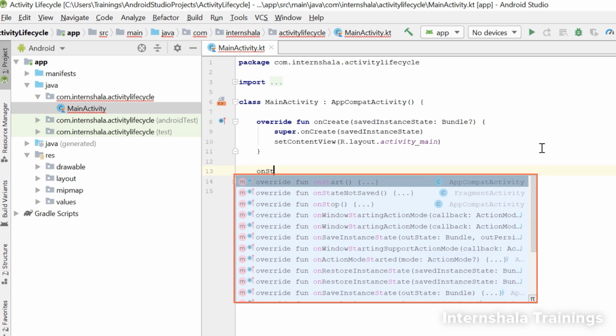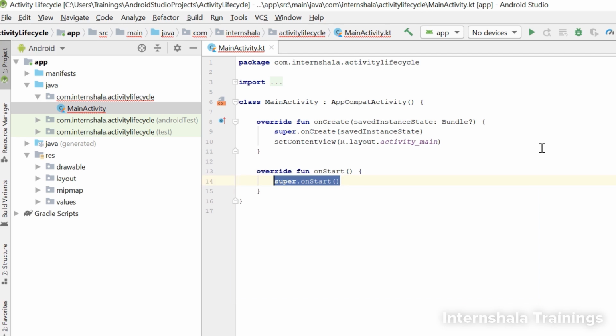If you do not get suggestions, simply press Ctrl+space to get them. We get a number of options that can be used here. In this first option, it shows us here that this method is part of the AppCompatActivity. And we know that we have to use methods from this library class. So let's place our cursor over this option and hit enter. This creates the onStart method in this class.